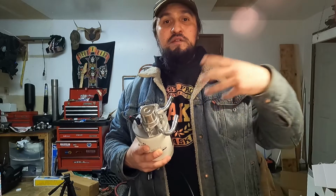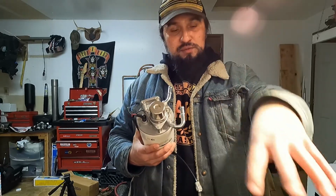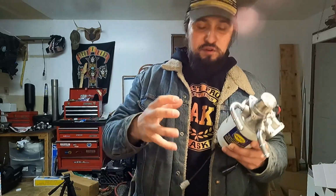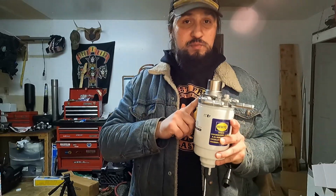And for an LB7, you have an air intake heater plug. For the later models, you have a grid, and I'm not sure what they run in the L5Ps. But that will also send hot air into those cylinders to help warm everything up. And then lastly, you got a fuel heater to send hot fuel in there, because if you're spending all that time trying to heat up a cold engine, like instantly, and then you're throwing ice cold fuel back in there, especially if you live anywhere where it's going to get down to freezing temperatures or below freezing or below zero,